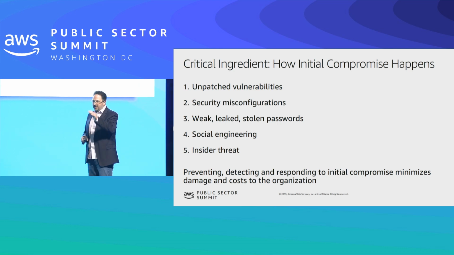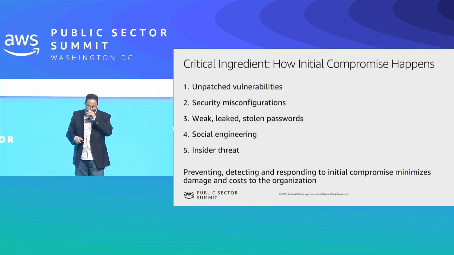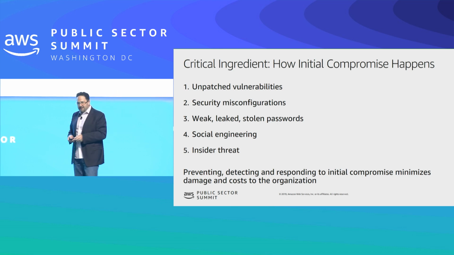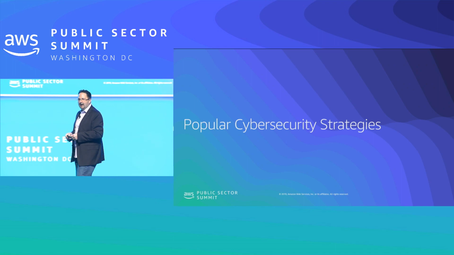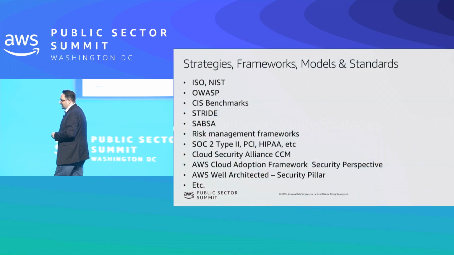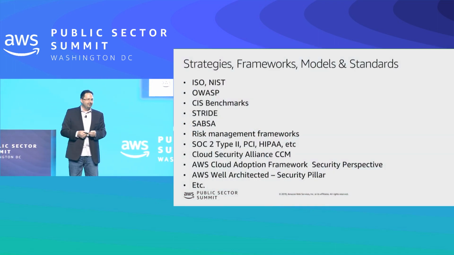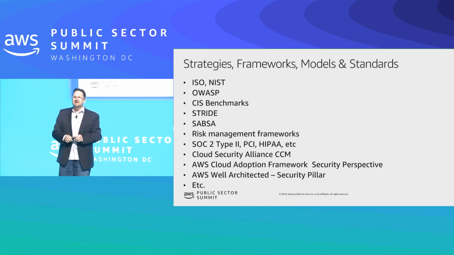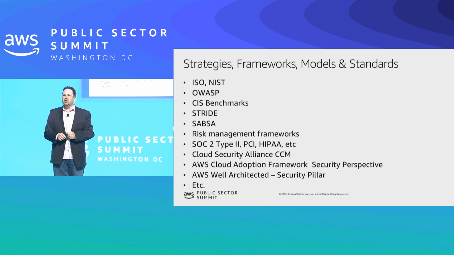threat. So we're going to measure the different strategies I'm going to talk about next based on their ability to look at these 5 things. Help you address these 5 ways that organizations get initially compromised. So let's jump right into the strategies. So there's lots of strategies. Some of you might be sitting out there saying, why is he using that word strategy? That's a really weird word.